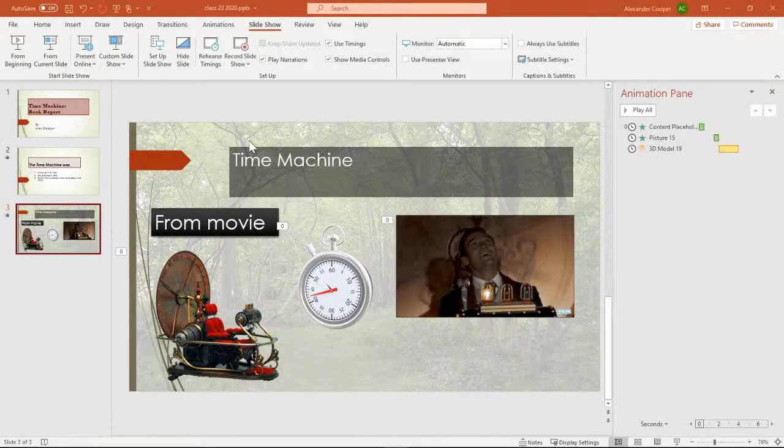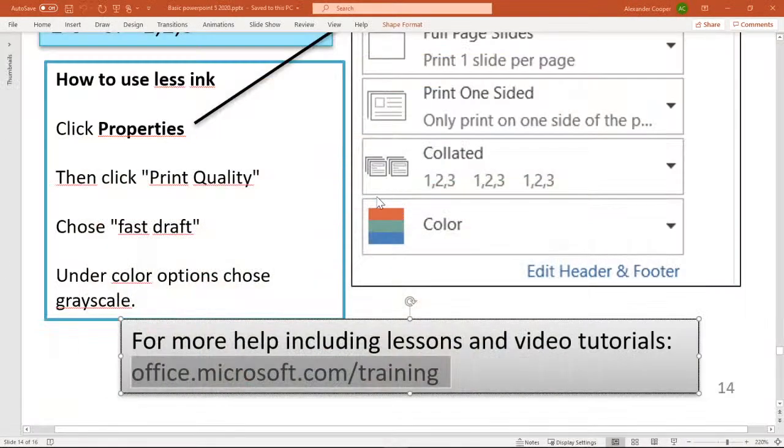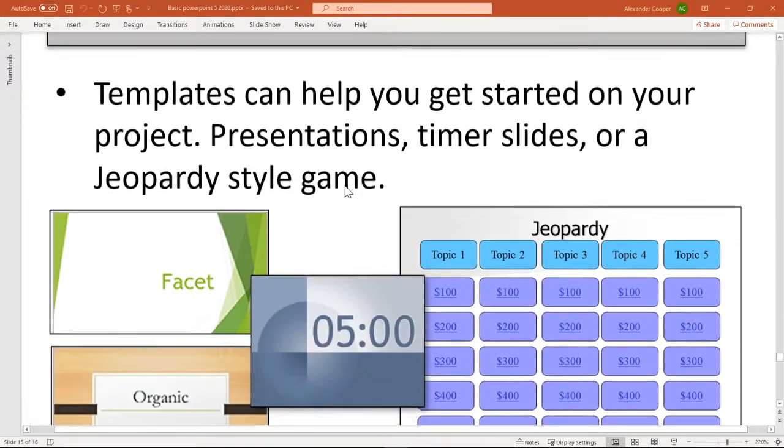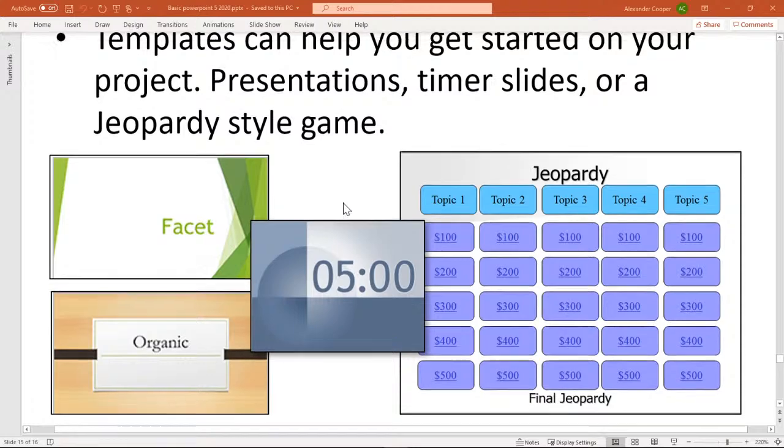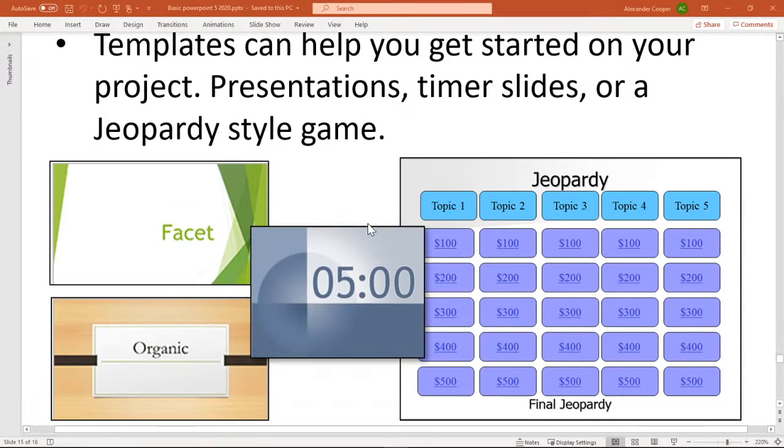Okay, so let's go on back to our handout. And let's look at our templates a little bit. Here's one that's a big countdown clock. Here's one that looks kind of like Jeopardy. You can actually do a Google search and find one of those. Basically, I won't go into it too much, but the way that those work is if someone clicks the box, it takes you to a certain slide.